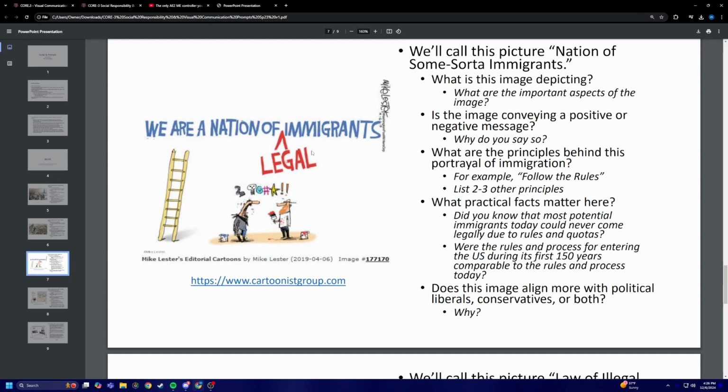Conservatives are always right, and the fact that the liberal is questioning it raises exclamation points in my head. And that's even further proven by the fact that this image says image number